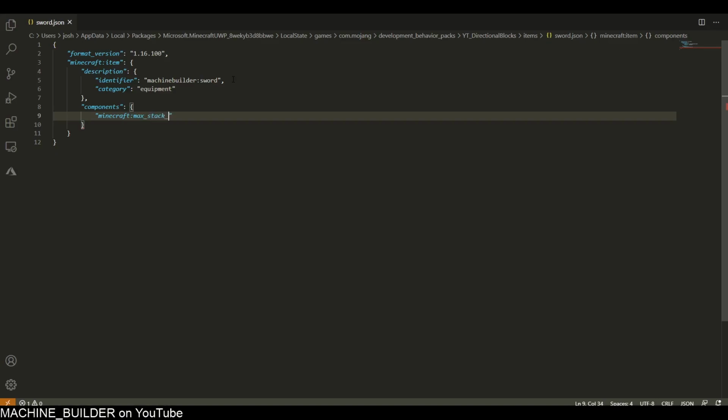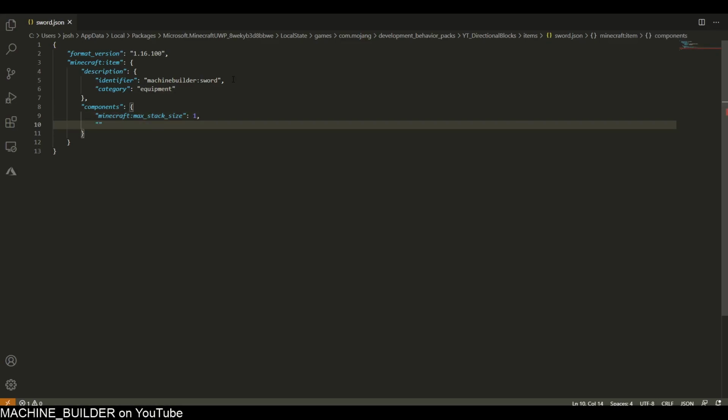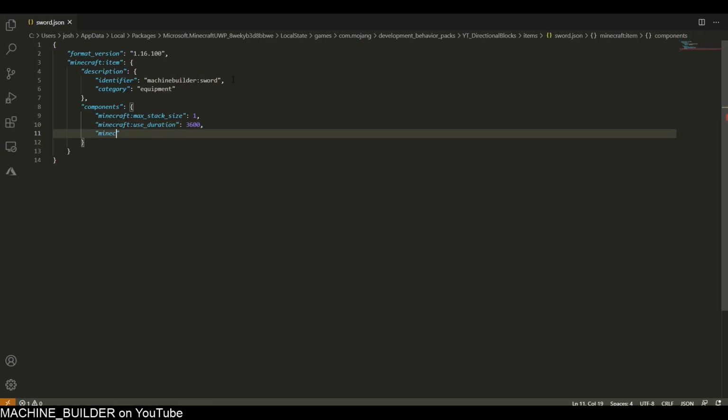which is how high the item can stack in one slot. For a sword that would be 1, because you can only have one sword in one slot. Minecraft use duration. This is how long it takes to use the item, like right clicking. I don't know why vanilla swords have it set to 3.6k, so I'm just going to do that. My hand equipped